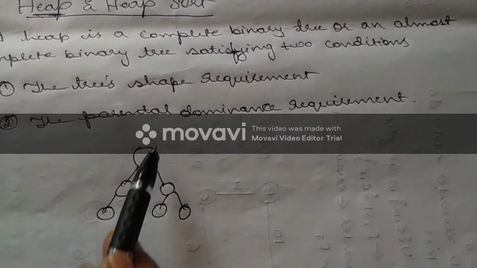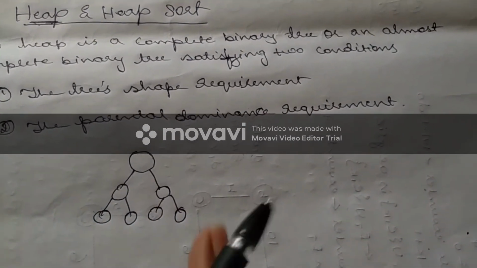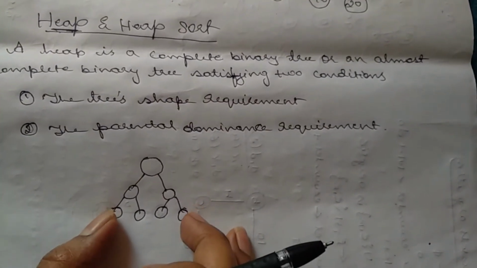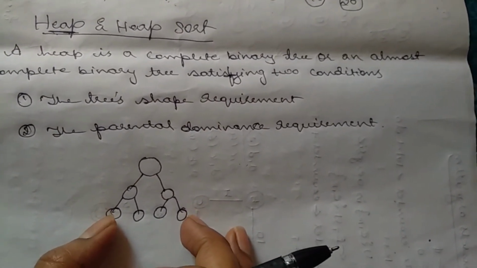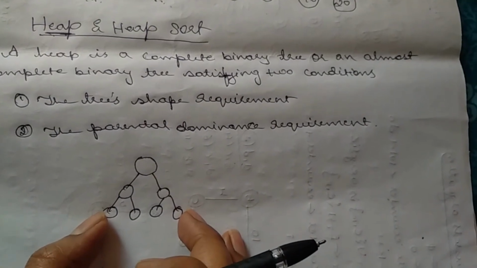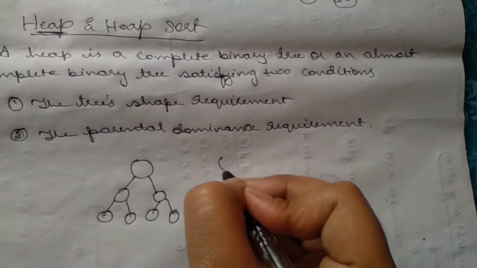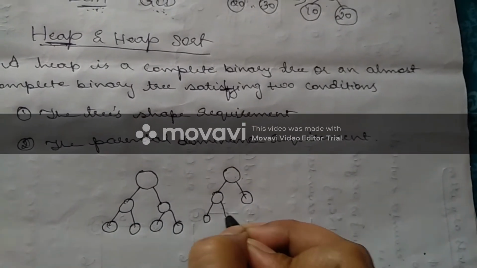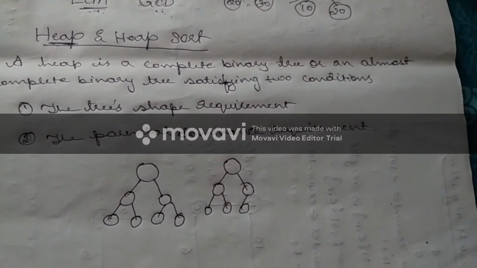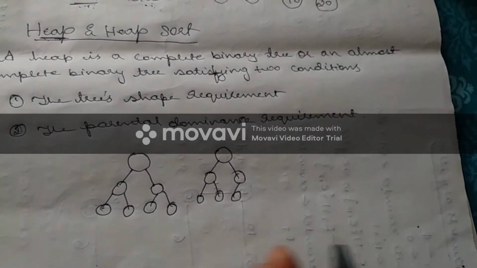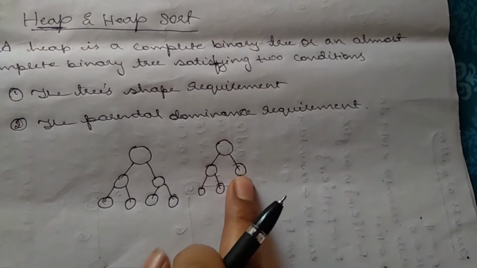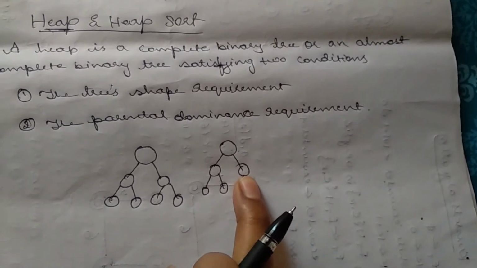Okay, means all the nodes should be present, no node should be absent over here. If the tree is complete with all the leaf nodes, then that is called a complete binary tree. Almost complete binary tree means only you can give exemption for the right leaf, the right-hand side leaf. See, only this can be missing, but if it is not there, this is not an almost complete binary tree.